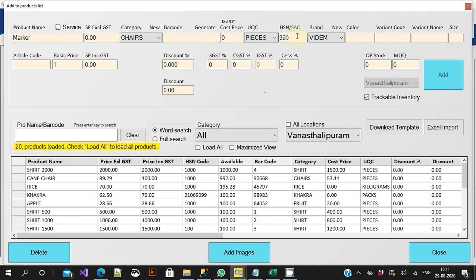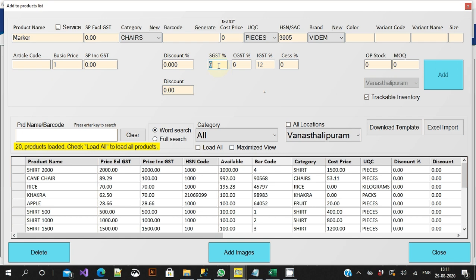For example, I am just typing randomly some HSN code, 3905, for a marker. And for this HSN code, usually the rates are given on websites. So you can go to any website like the GST site itself, or you can search in Google. You will find for this particular HSN code, assume that it is 12% GST.